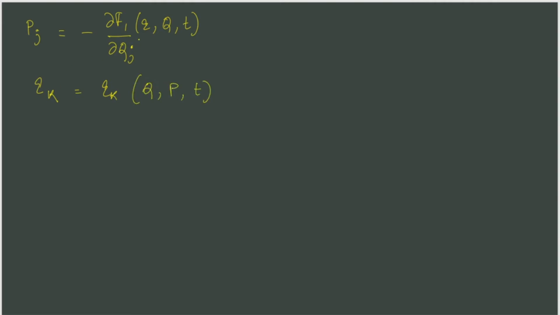So you see, you have the old coordinates, new momentum and time. Now invert this relation, all these equations, algebraically, to get the old coordinate in terms of the new coordinate and new momentum. And then you have another set of equations where